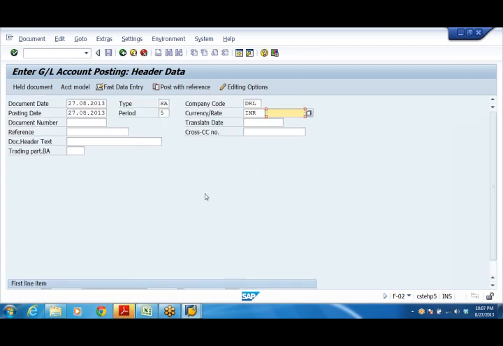Now in the previous screen, each and every line item was visible on the screen itself, and we had to go towards the right side to fill other fields. But here the fields are displayed page-wise. First of all, this is the document date, posting date. Type of document is SA. Period: the current period, the system by default takes 5, and the posting date also defaults to the current period. How is the system picking up the current period?